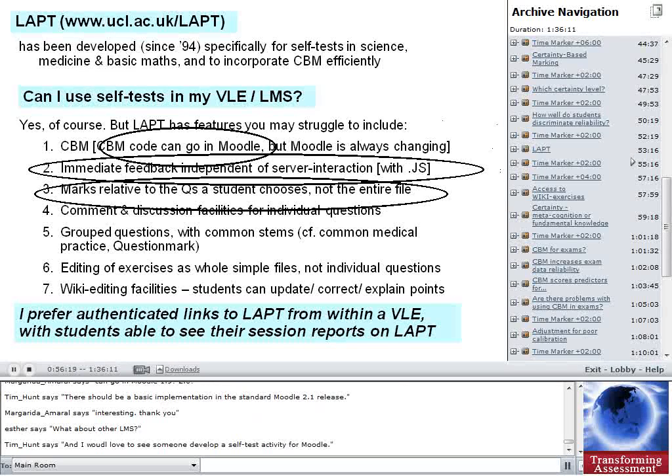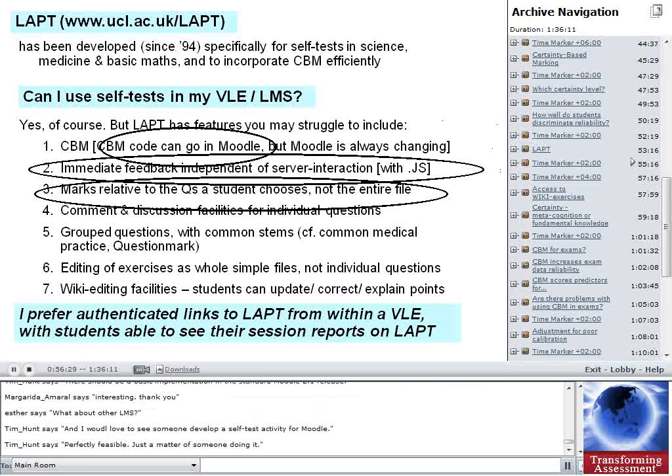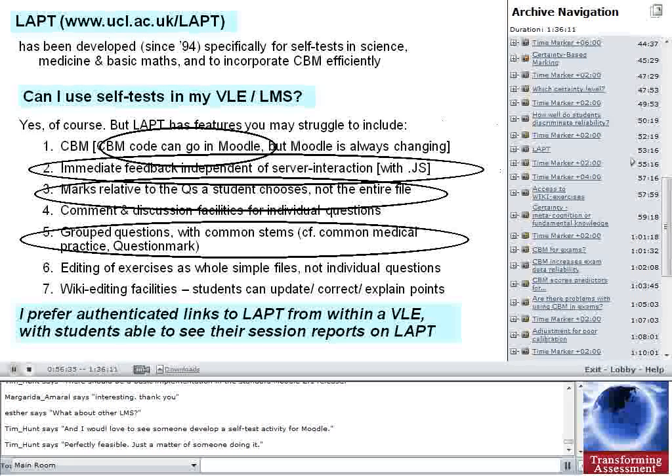The comment and discussion facilities I talked about a bit. It's good to have them relate to specific questions, and the system is designed to maximize the advantage of that. There's an issue which in medicine particularly is a bit of a problem, that LAPT uses a system where you can group questions with common stems very efficiently, and you may have 5 or more questions which are basically based on the same presentation of material. This isn't a structure that is actually very easily incorporated in some virtual learning